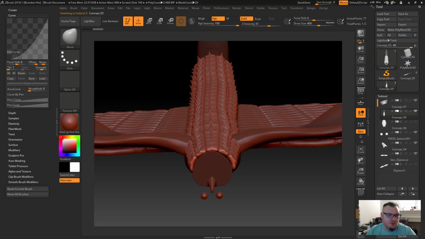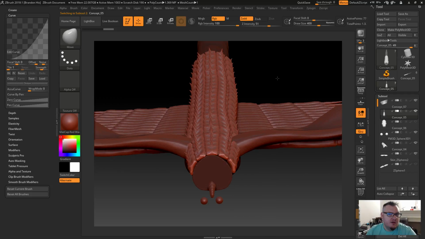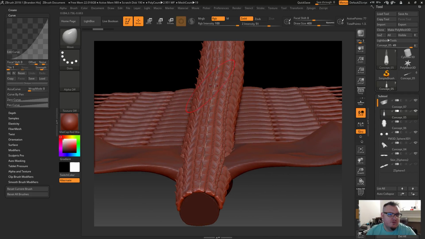And now we should be able to move these around. So pick the move tool here. And as we move in and out, you can see kind of what's going on